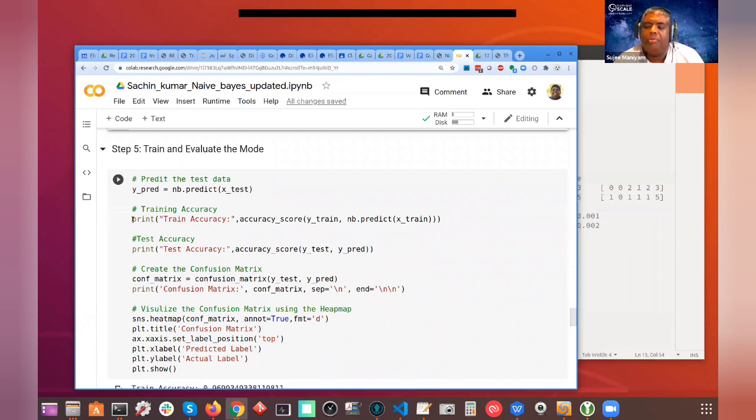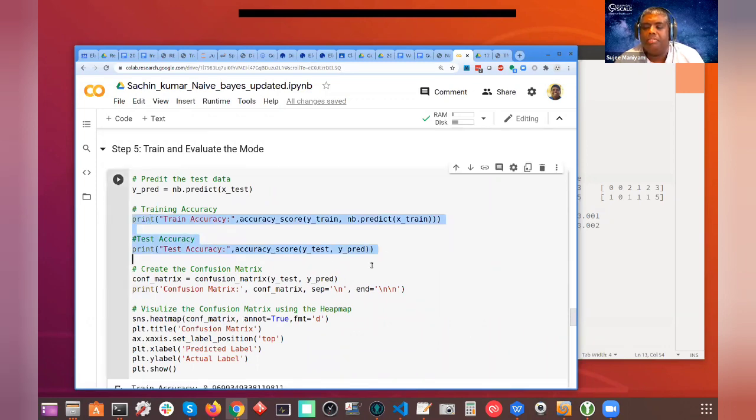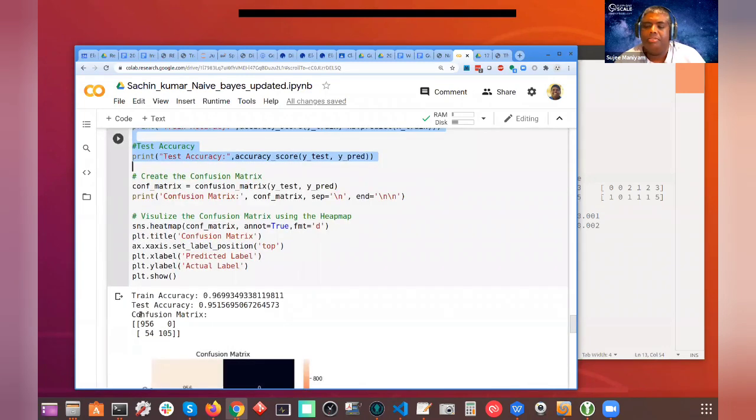So I like the fact you actually got both training and testing accuracy. That's very good, very important. So let's look at the results, right? Wow, this is pretty good. I'm getting about 96%, 95%, right? So my naive Bayes algorithm is really doing well. You can see here, and then on the test data, I'm getting 95% accuracy.